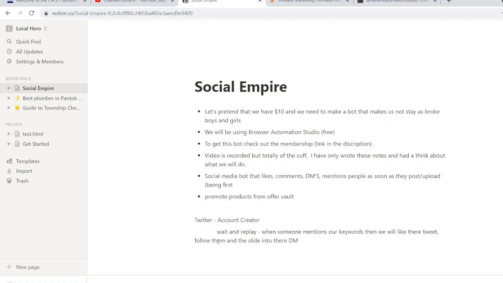So we're going to get followers. We're going to make accounts that are promoting whatever product we decide to promote. They'll come and look at what we do anyway and see our link in our bio. But then we'll also like their tweets, follow them, and then slide into their DM, and we'll have a message set up